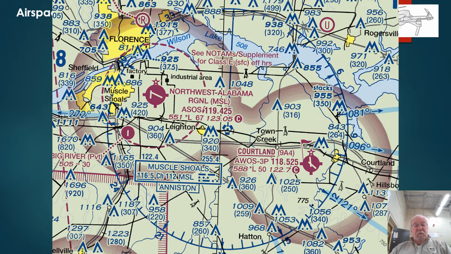And what frequency would you listen to for traffic? You see the little C and a dot and a C within C inside, 123.05. And then the other part of the question is, okay, there's the shaded areas we mentioned earlier. Magenta shaded areas. Inside those areas, the bottom of controlled airspace is 700 feet. Outside, everything outside those areas, it's 1,200 feet. So it's Class G below 699 feet to the surface, which is uncontrolled airspace within the shaded parts, except for when you get into the dashed magenta line, which it's all the way to the surface,